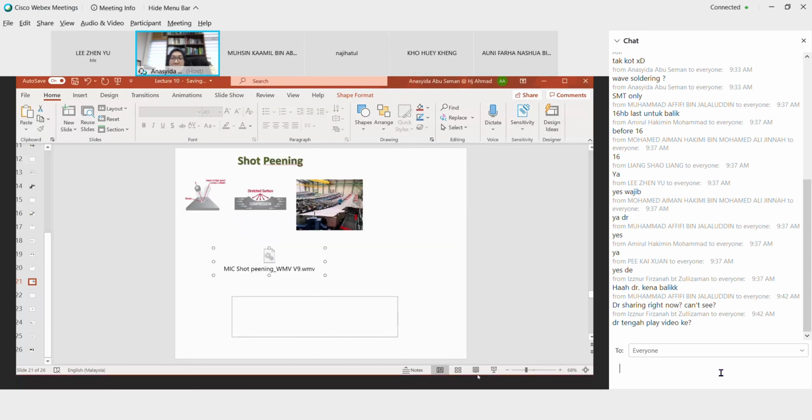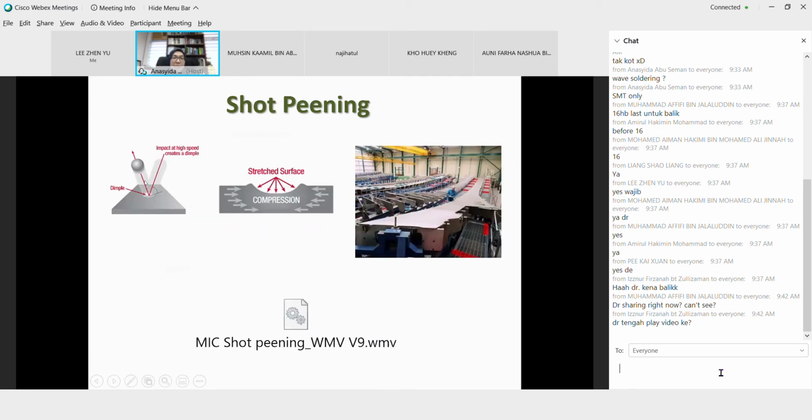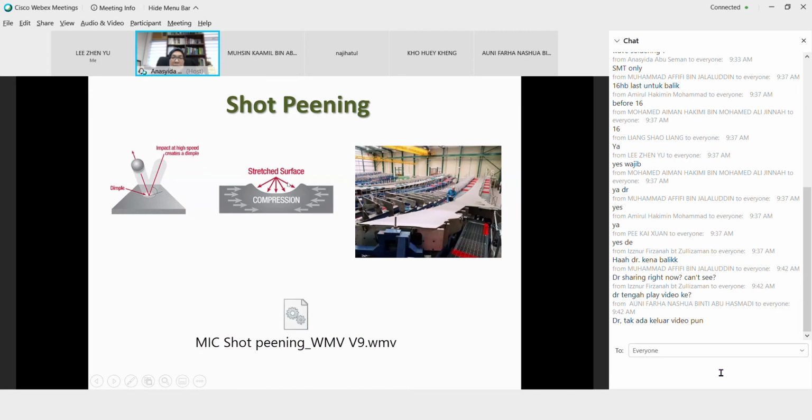Okay, I do hope it's clear. So when you are bombarding this surface with high impact balls, you can create